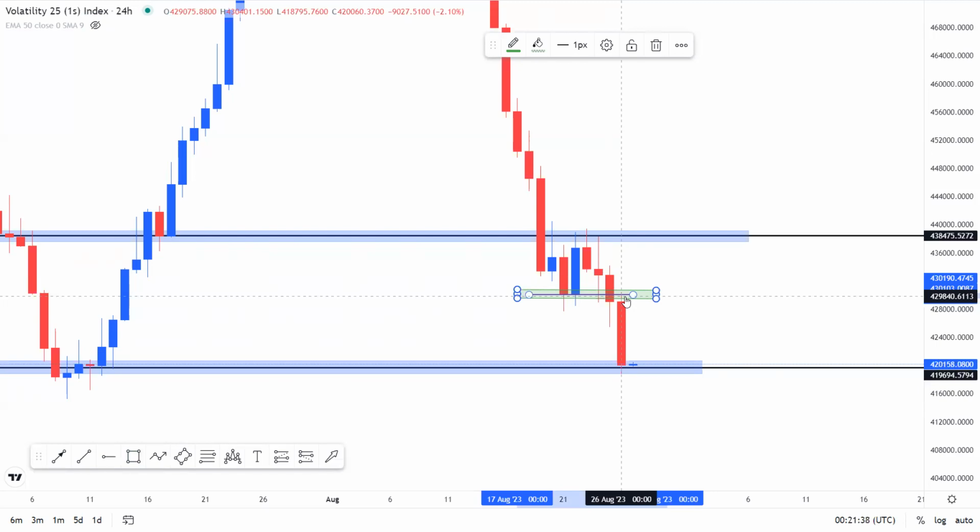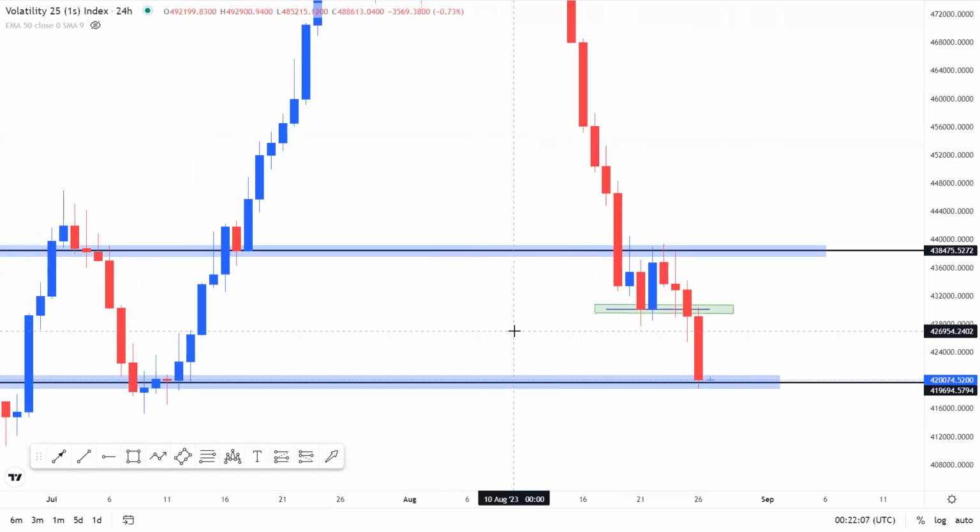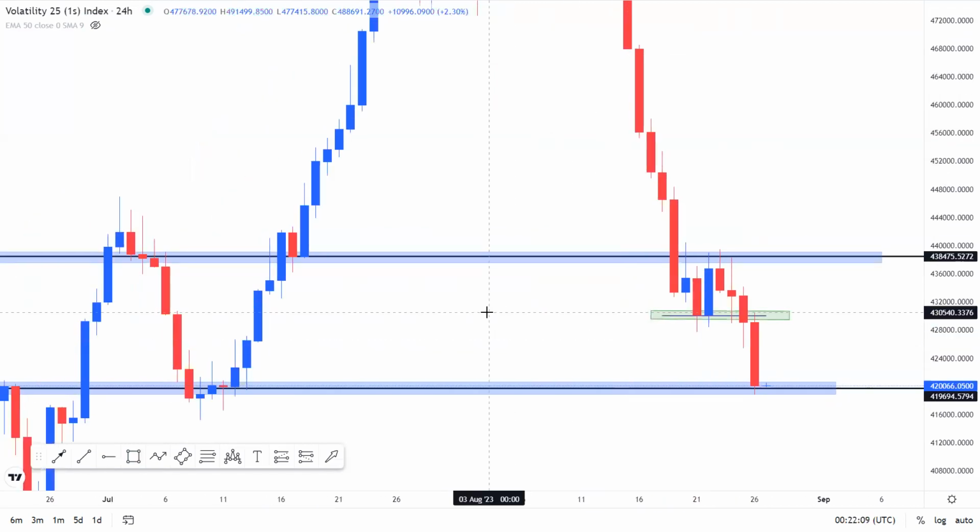Personally, I scale down to the 1 hourly time frame, the 30 minutes time frame, and even all the way down to the 15 minutes time frame at the retest of my identified area of interest to look out for price action confirmations, my entry confirmations in line with my trade bias from the higher time frames. Now, just to be able to explain this even better,